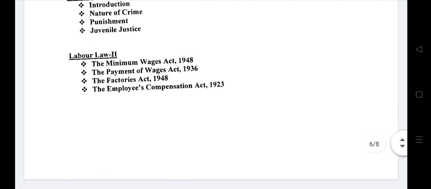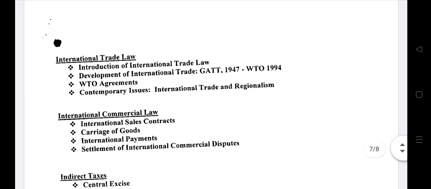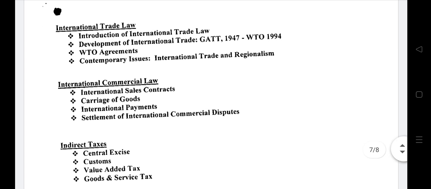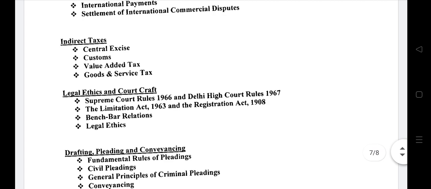labor law 2, the minimum wages act, payment of wages act, factories act, employee compensation act 1923. Then we have ITL, that is International Trade Law, introduction of ITL, development of international trade, GATT and WTO agreements, contemporary issues. This is more like UGC net syllabus. International commercial law, international sales contract, carriage of goods, international payment, settlement of international commercial dispute, indirect taxes, central excise, custom, VAT and GST. Legal ethics and court craft, Supreme Court rules and Delhi High Court rules, the Limitation Act,